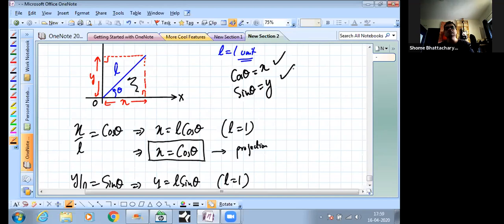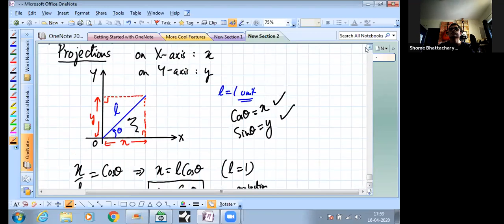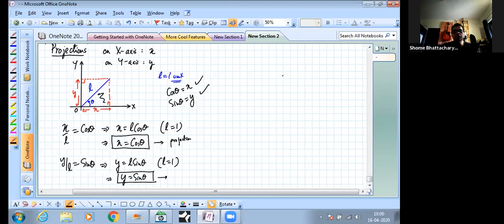And for the moment, we will concentrate on sine and cos. I'll come to tan in a moment. Okay, so just make sure you understand this definition clearly. So just take a minute to absorb this information. We'll be back with more. So this is how we define sine and cos in terms of projections.